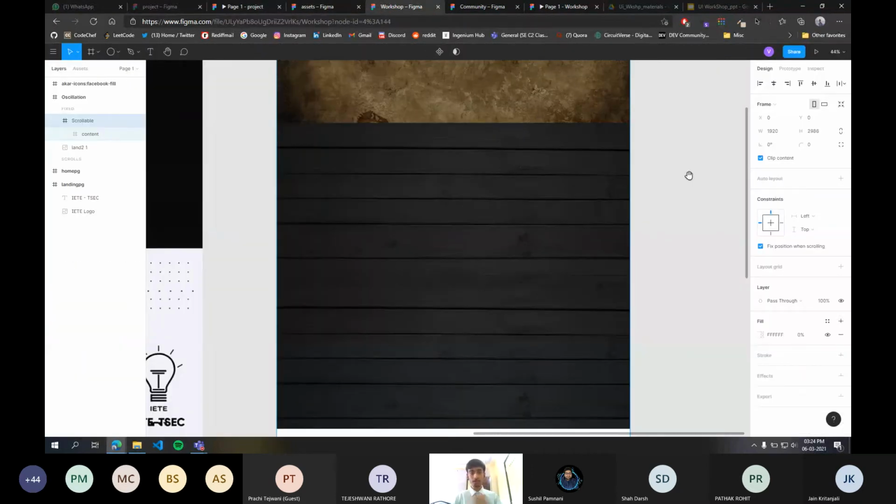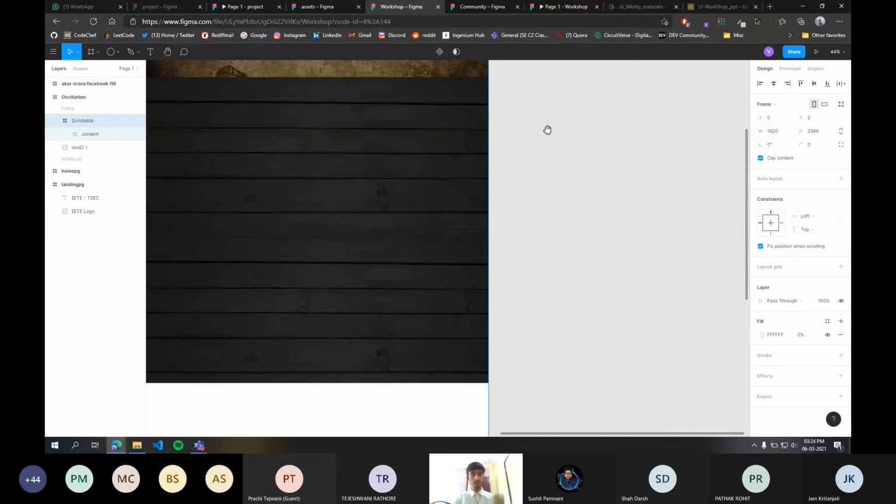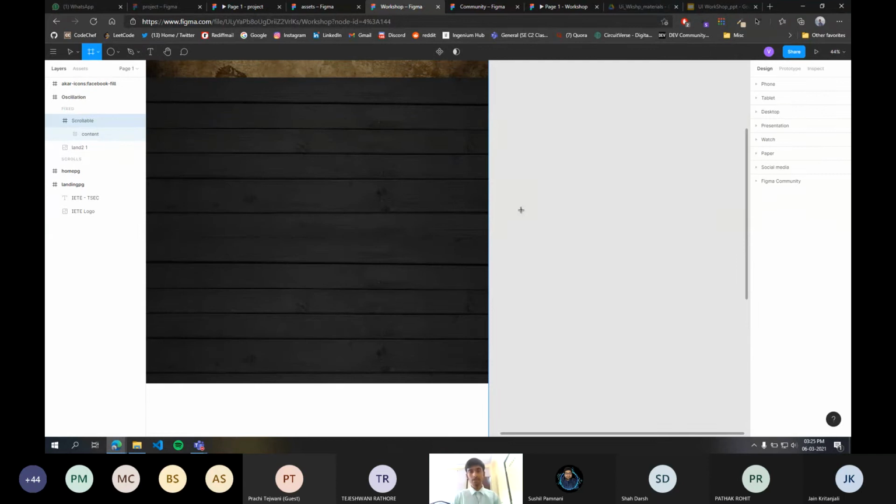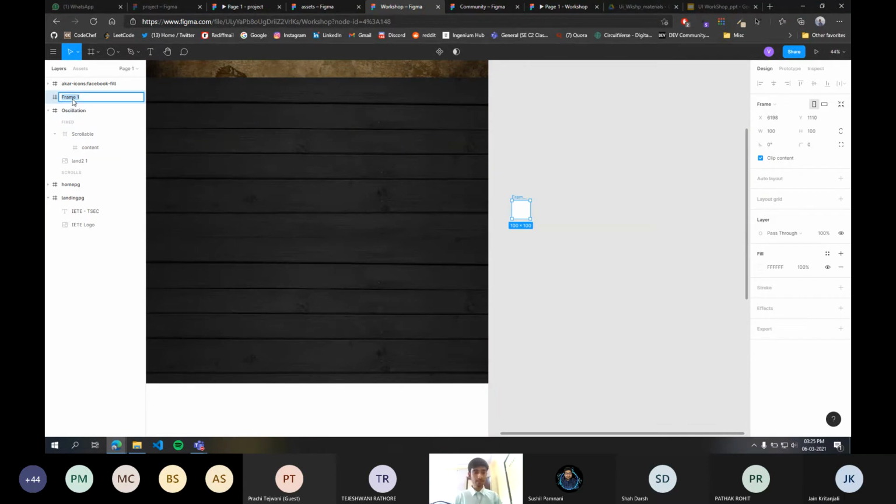Now how we achieve that slide in is that we make another frame and name it workshop place. Basically this is nothing but the workshop frame's placeholder.